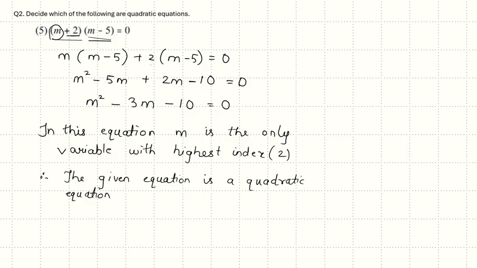Moving on to the sixth equation. Sixth equation from question number 2. The given equation is m raised to 3 plus 3m square minus 2 is equal to 3m cube. Therefore, we will first arrange this. m raised to 3 minus 3m cube plus 3m square minus 2 is equal to 0. After arranging, we got it as